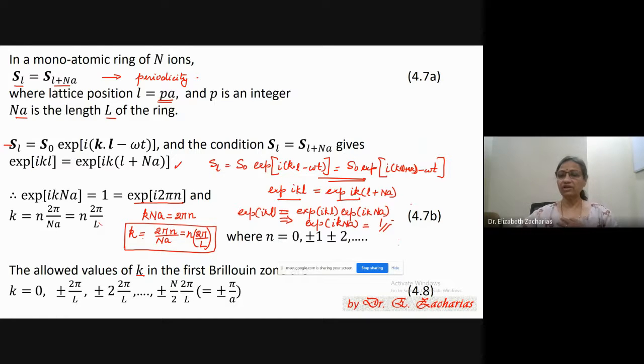Now, we want to confine ourselves to the first Brillouin zone, starting from minus pi by a to plus pi by a. Let us see how many k's are possible between these two limits. Just keep putting small n equal to 0, plus 1, minus 1. When you do that, you will get k equal to 0, plus minus 2 pi by capital L, plus minus 2 into 2 pi by capital L. Keep on going, and at some stage, when you put small n equal to capital N by 2,